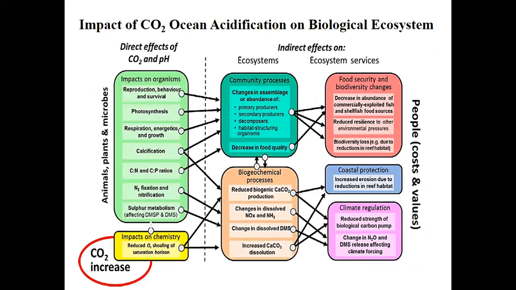The impact of ocean acidification on fisheries can be direct or indirect. The direct effect could be on the calcifiers, decreasing their growth rate and making their shells softer. The indirect impact could be on physiology and on the other organisms that feed on the organisms that are already impacted.